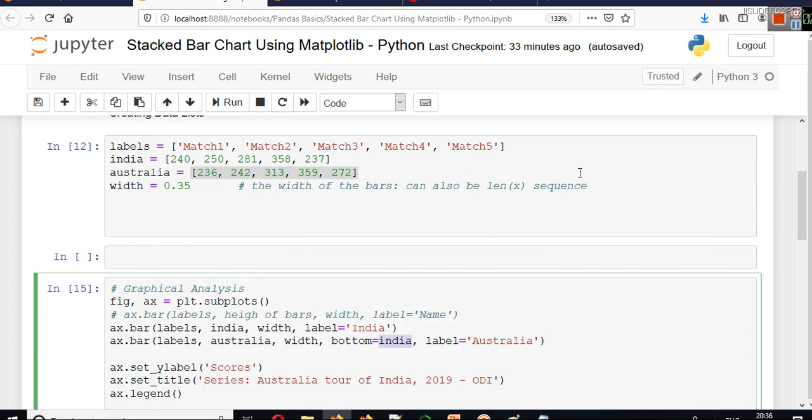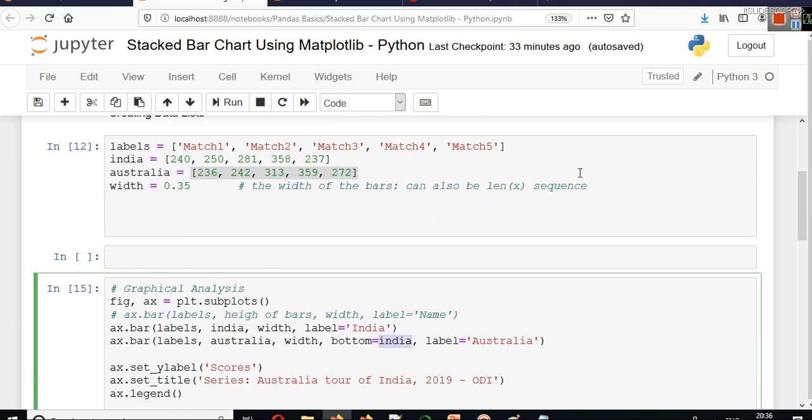Again, this is one example. You can have any type of data sets. You can have data frames also. In those data frames, you can have columns where one column belongs to one particular person and the second column belongs to a second person, and you have to analyze the performance of those two people in the same bar.